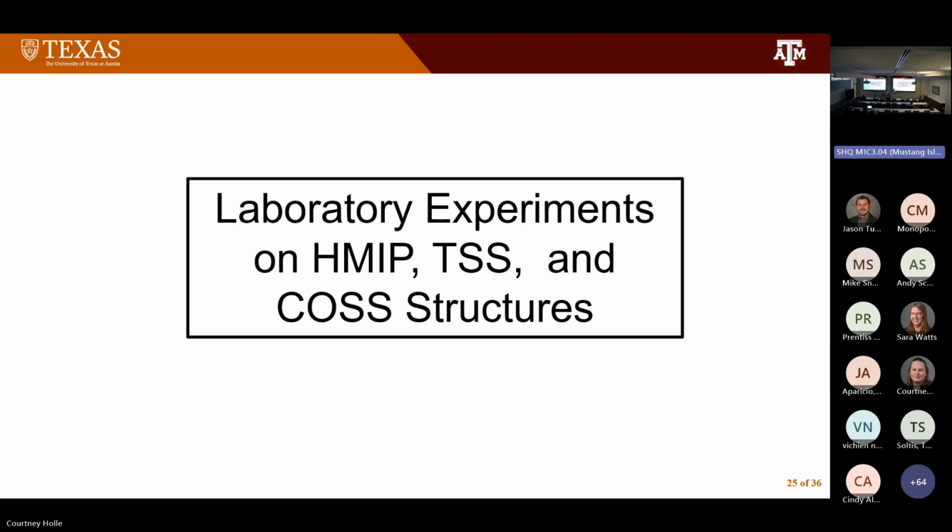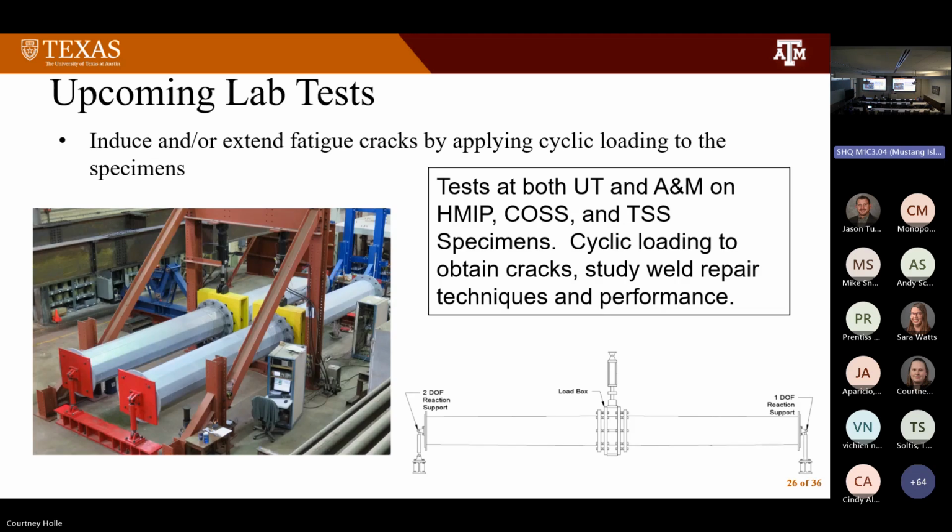I mentioned another major part of this is laboratory experiments. We want to look at all 3 different types of structures: high mast poles, traffic signal structures, and cantilever overhead sign structures. The lab tests are going to use a setup very similar to what we've done in the past. We essentially take 2 poles, put them together, and use what's called a load box in between them. That load box is painted in yellow here. We pull up on those, anchored at the ends of our poles. This simulates the poles moving and the stresses that might get induced from wind or whatever we have.